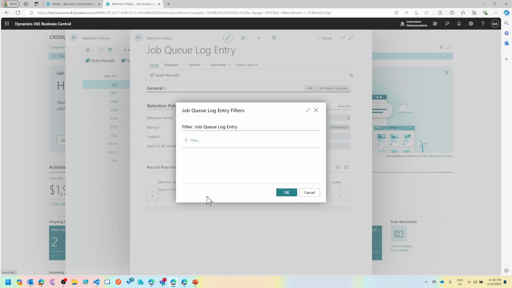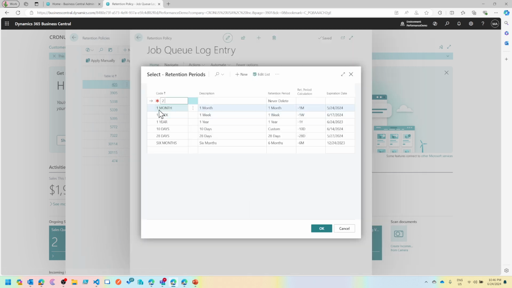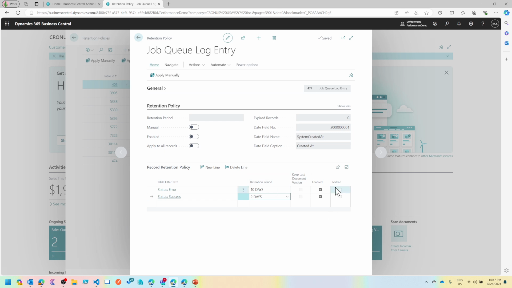Now, in case of success, if the entry has succeeded, I can also do a filter here and say if the record has succeeded, then I don't want to keep it for more than 2 days. So I'll just do a new, and this time I'll do 2 days. And if you think that you understood everything, I'll say wait, we'll see other things which we haven't talked about yet. So 2 days. So anytime a record passes 2 days length, it'll be automatically